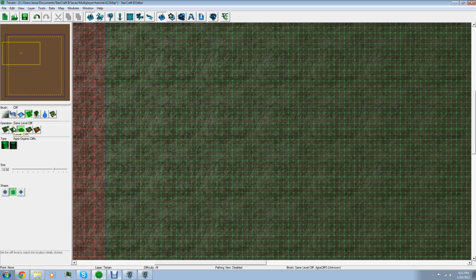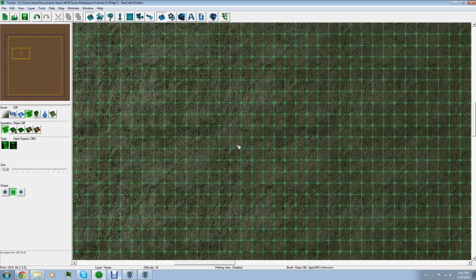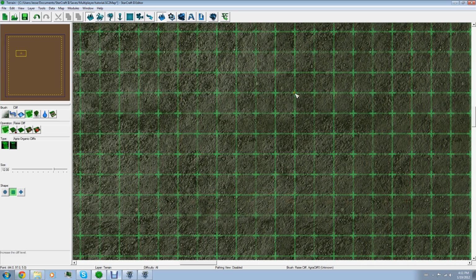First off, we're going to choose raise cliff, and that's going to be your operation. Your operation is going to be what that brush does. Type is going to be what's going to happen when the operation is done. Your size is going to be the size of the brush. As you can see here, the brush is fairly large, but now we're going to shrink it down to just 5 by 5